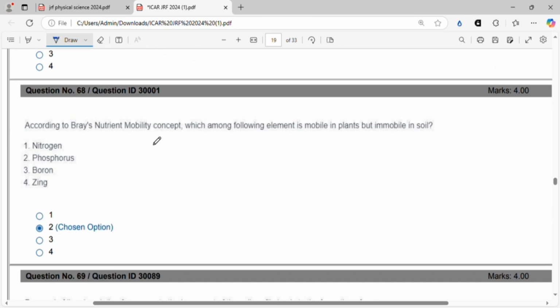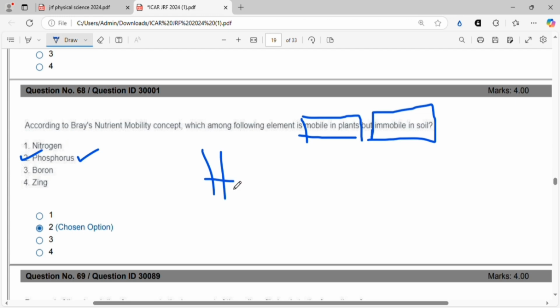According to Bray's nutrient mobility concept, which among the following elements is mobile in plant? You have to be very careful and thorough while reading the question. Mobile in plant, immobile in soil. So mobile in plant is nitrogen and phosphorus. Immobile in soil is phosphorus. So the answer is phosphorus, because although phosphorus is an anion, still it is immobile in soil, because it